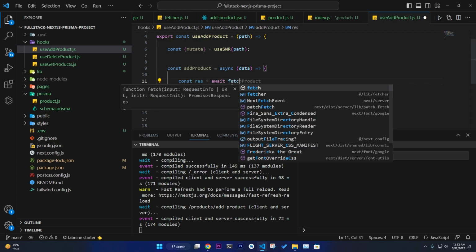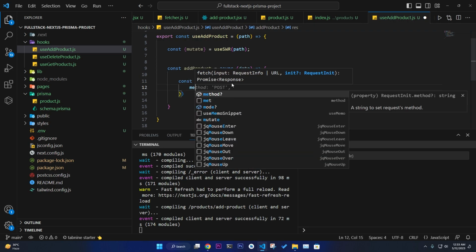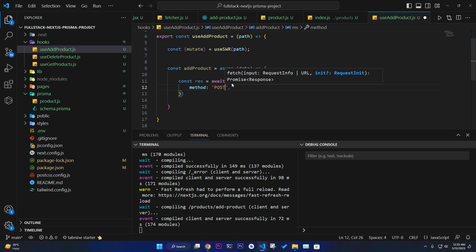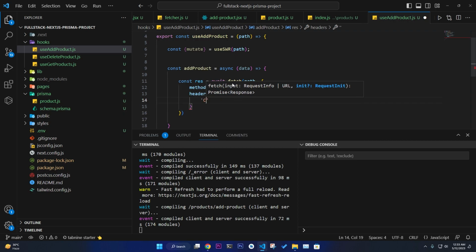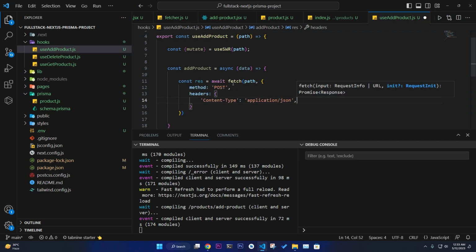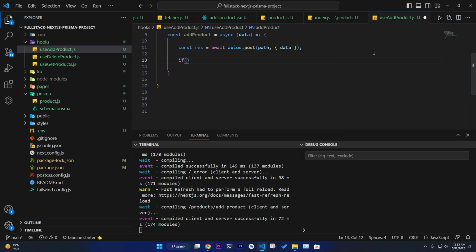And if you use fetch, it would be different. It would be fetch from this path, and it should take method of post, because this is a post method, we are adding some data. And in the headers you need to write content type application/json, and in the body you have to write JSON.stringify and the data. If you use the fetch API, you need to use this, but I'm gonna use this normal axios.post, and then we're gonna check